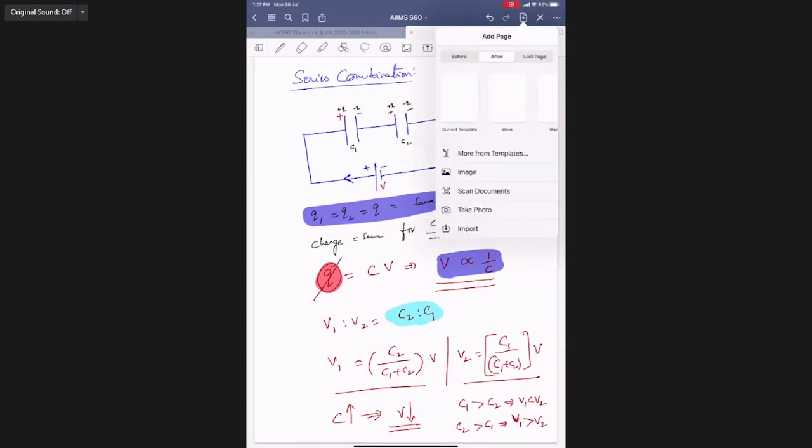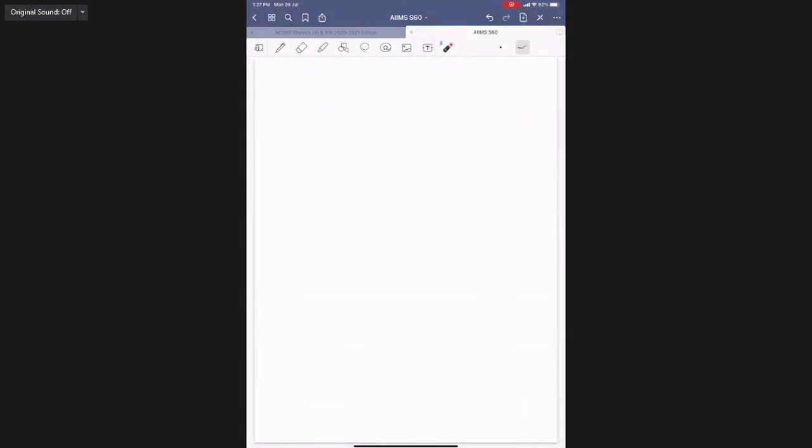So why unnecessarily two capacitors? I will replace these two capacitors. Say C1 and C2 are given and connected to a battery of voltage V. Across the first capacitor the potential difference is V1, and across the second it is V2. I will replace them with a single series capacitor.